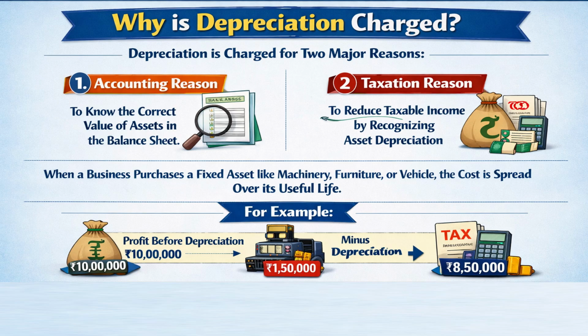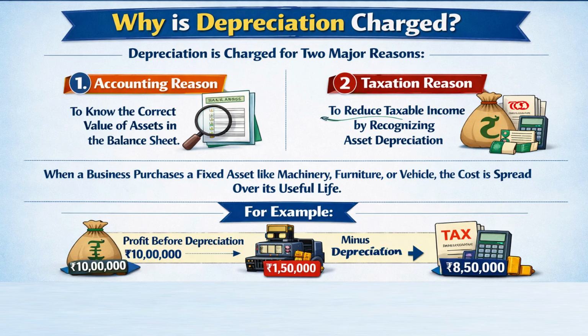Why is depreciation charged or reasons for calculating depreciation? Depreciation is charged for 2 major reasons. First, accounting reason. To know the correct value of assets in the balance sheet. Second, taxation reason. To reduce the taxable income of a business by recognizing the loss in value of fixed assets due to their use. When a business purchases a fixed asset, such as machinery, furniture, or a vehicle, the entire